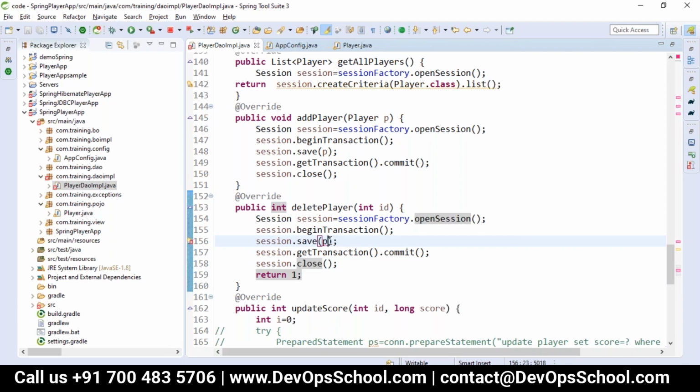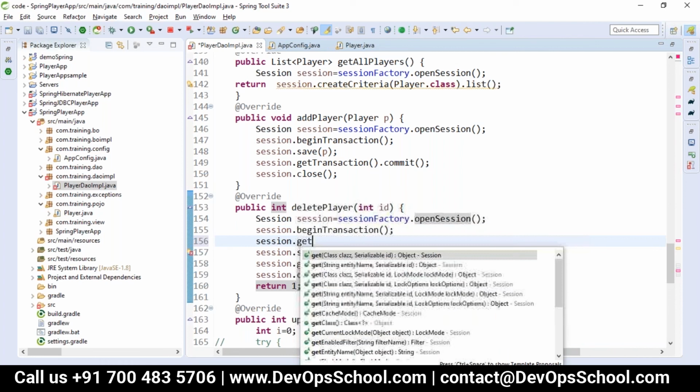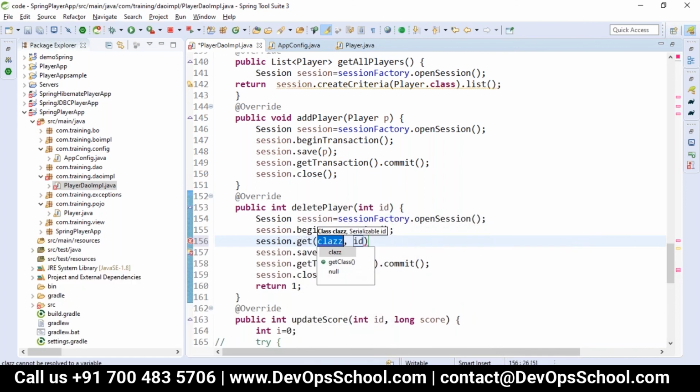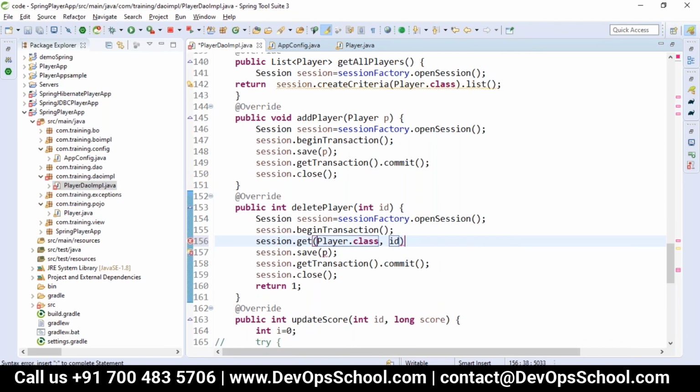All the properties can be configured. Where should we configure those properties? With Hibernate transaction management, we can configure it. Okay.